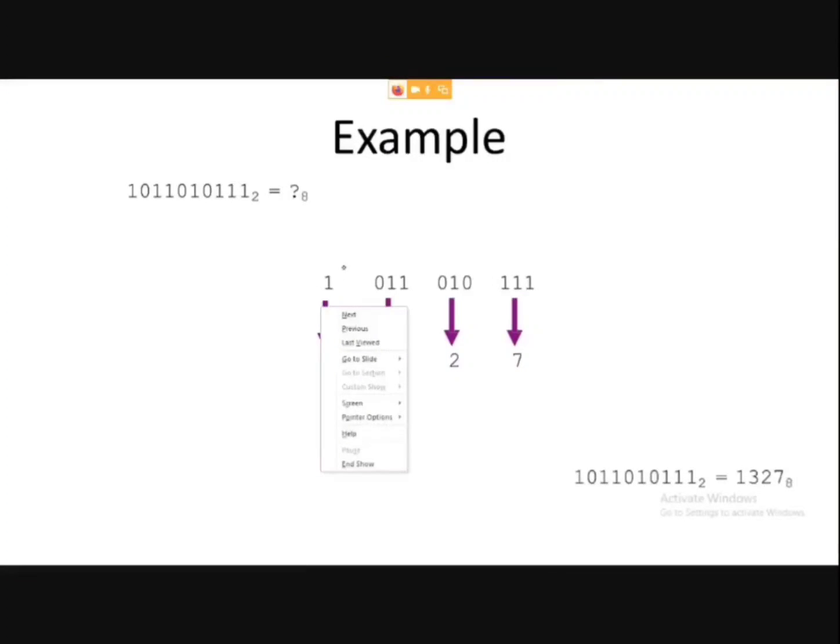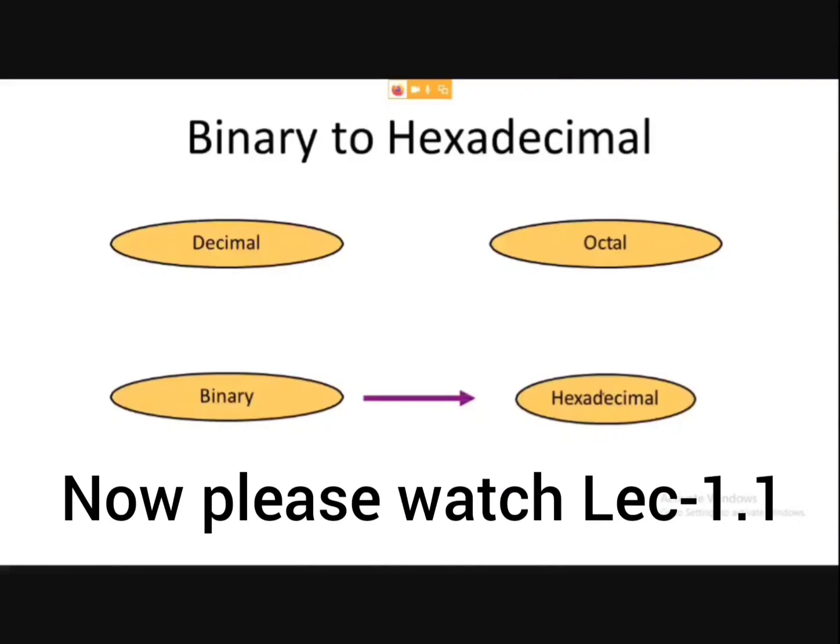Let's hold on. If I place 2 zeros here, now this 001 becomes 1, and this 011 becomes 3, and 010 becomes 2, and 111 becomes 7, and the answer becomes 1327. Okay. So now for binary to hexadecimal,